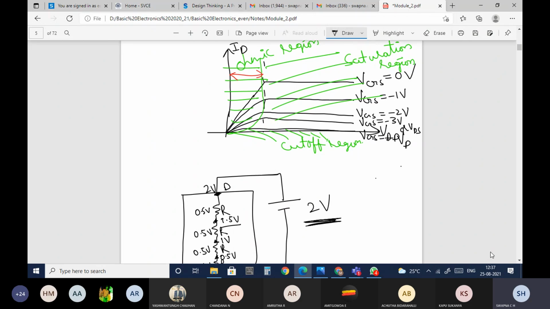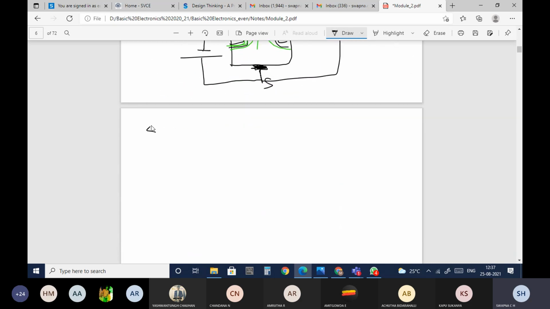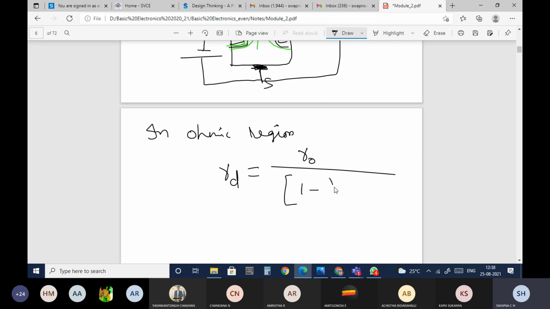In the ohmic region there is some resistance, and that resistance is denoted as RD. RD is given as R0 divided by an expression. The derivation of how we get this equation is not necessary for us. We just have to learn and remember this equation.